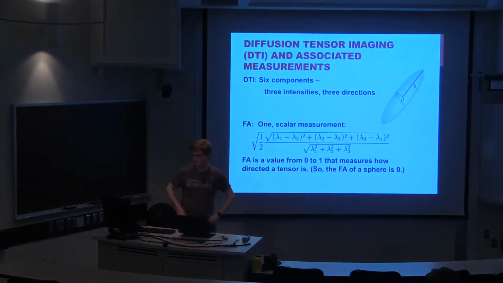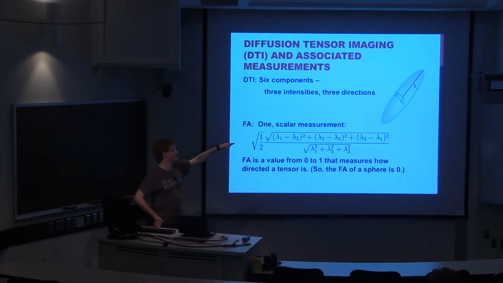All right, and so within DTI, within each 3D pixel of data, you have one of these tensors that consists of 6 numbers, which can represent the tensor. So you have three directions that you need to use to indicate a particular direction in 3D space, and you also have the 3 radii of each of these tensors, which is indicated by the first eigenvalue, which you can see right there is represented by lambda 1, and the second and third eigenvalues as well. Okay, and so that's what DTI is,